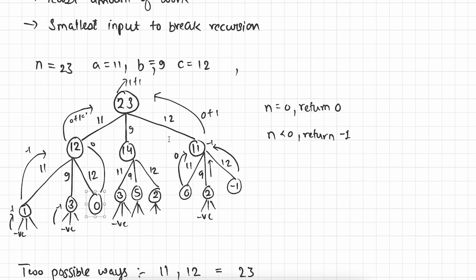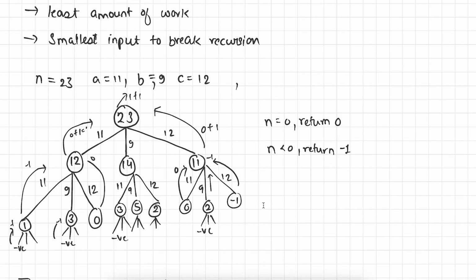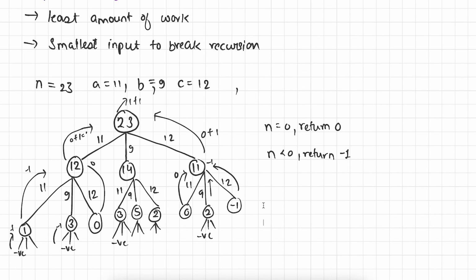Okay. Now in case of 11, again we are going to make 3 cuts of size 11, 9 and 12. We end up getting rope of size 0, 2 and minus 1. If we further cut this size of rope 2, then we again get the negative numbers. Okay, so basically if you closely look at this graph, you can see that we have two numbers, either we are getting -1 or either we are getting 0. Okay, and here we can see that we also need smallest input to break the recursion, right? So we can use these two numbers 0 or -1 to break the recursion.